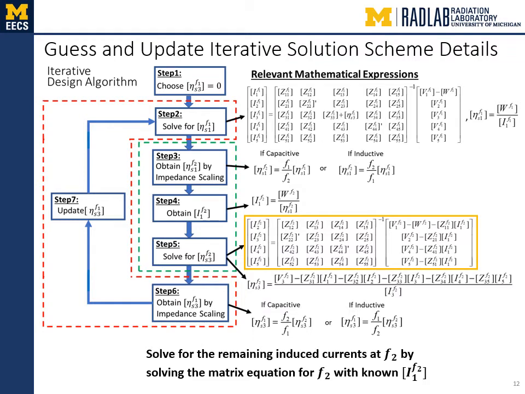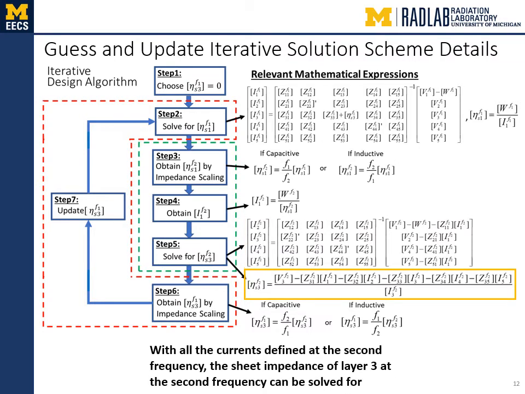We can then solve this new system of 4 matrix equations for the remaining unknown surface currents. We then return to the matrix equation for layer 3 that we removed and solve for the sheet impedances of layer 3. Now we know the induced currents on all of the layers and the impedances of all the layers